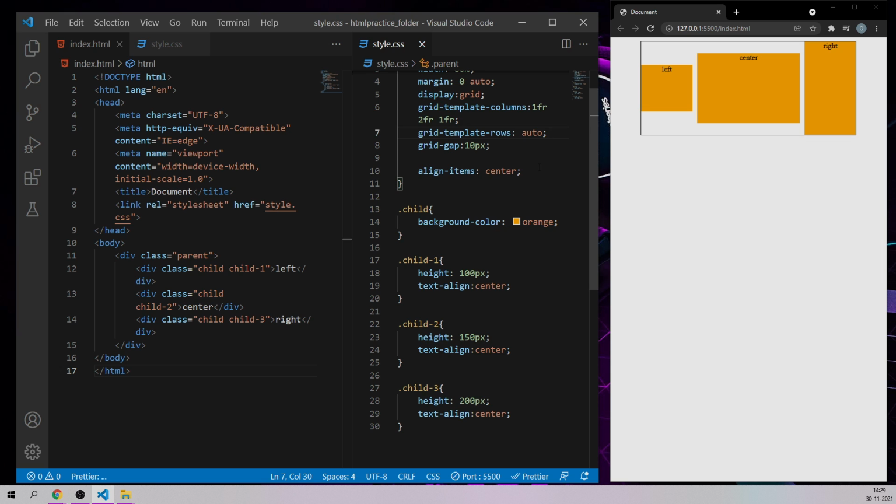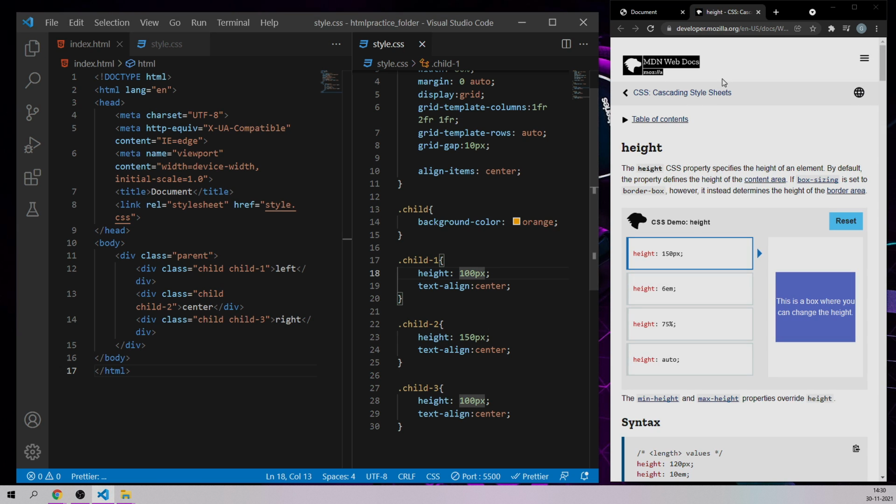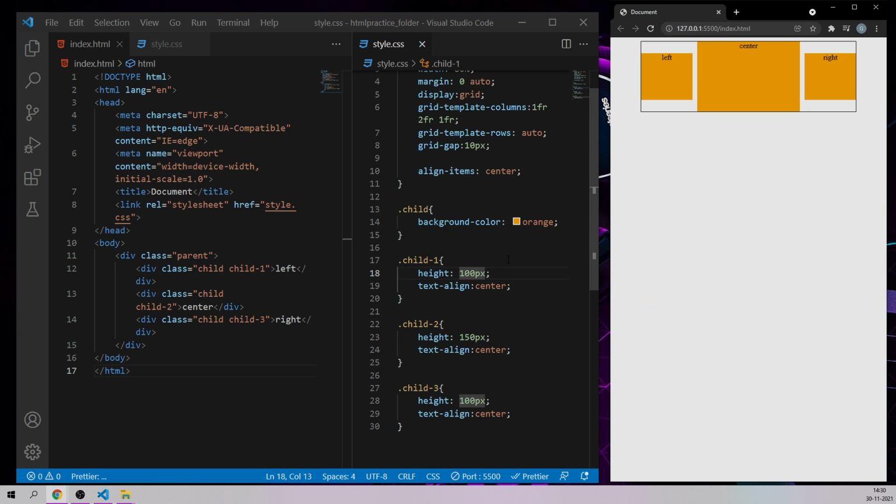So now what is happening is, whatever the height of the highest child element is, it is going to take the height of that particular element. Now let's suppose this third right side child element, I'm going to make its height 100 pixels. Child 2 is 150 pixels, and child 1 intentionally I'll make 50 pixels.